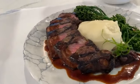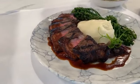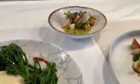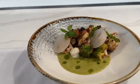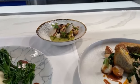Here's a New York strip, prime, 12 ounces with mashed potatoes. And then we have a cipollini onion jam, bordelaise sauce, and broccolini. On the far top, we have one of our enhancements. It's our plant-based enhancement too. It's a green Thai curry in the bottom with coconut cream and roasted and smoked cauliflower with daikon radish as